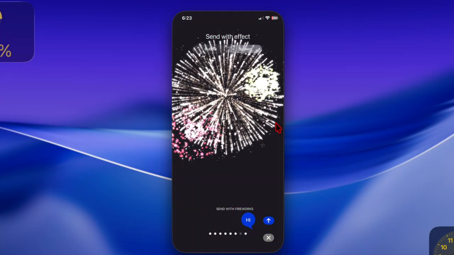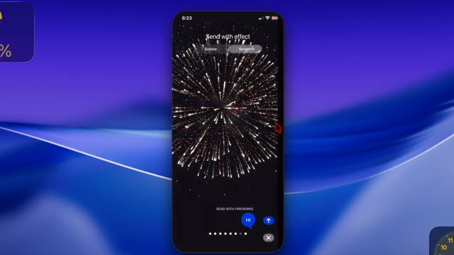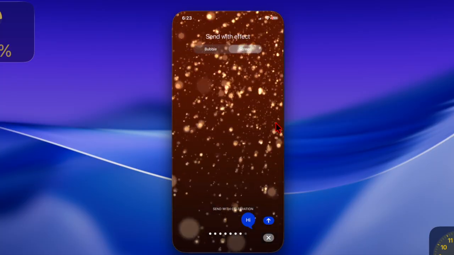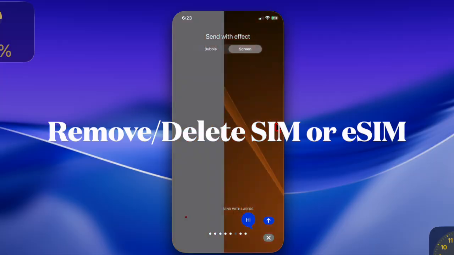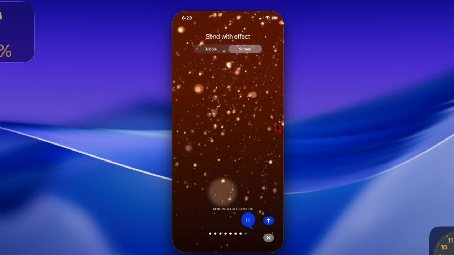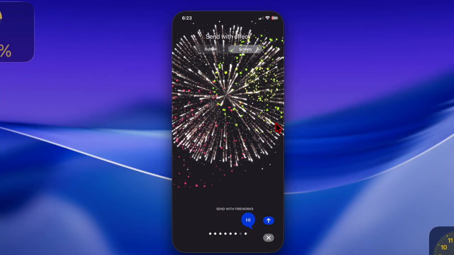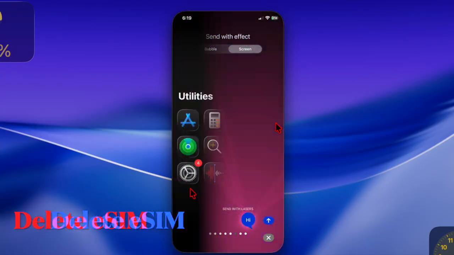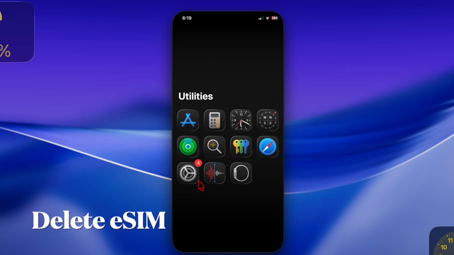Fortunately, you can easily fix this annoying problem. Let me show you how it's done the right way. The most effective way to fix this annoying problem is to remove the inactive SIM and attempt to reactivate the iMessage on your iPhone. Deleting a SIM that's not in use can be done by going to the cellular section